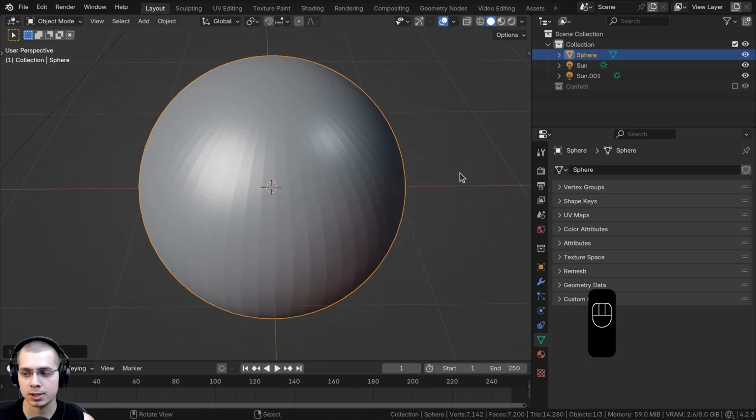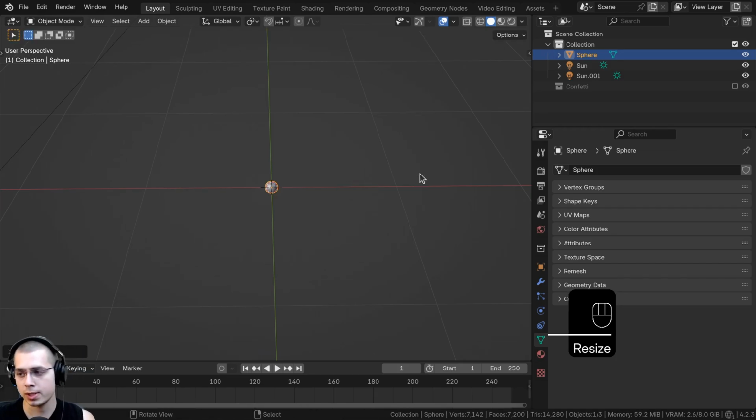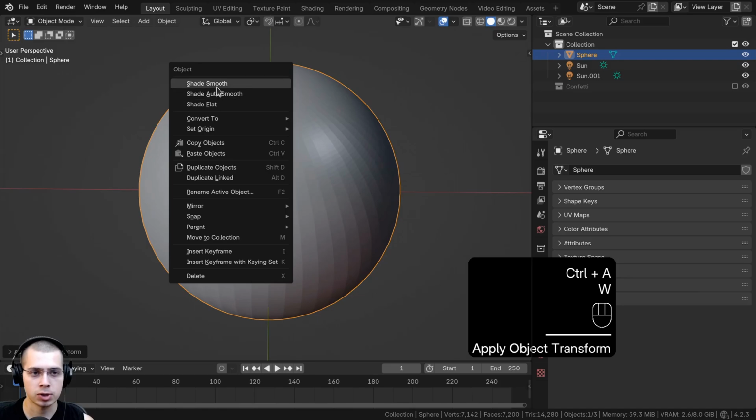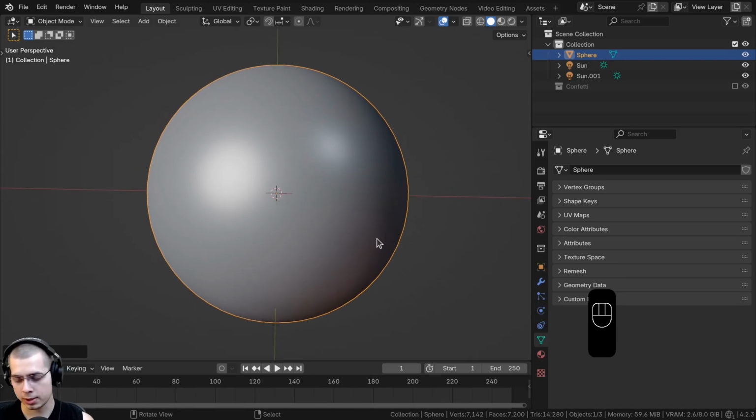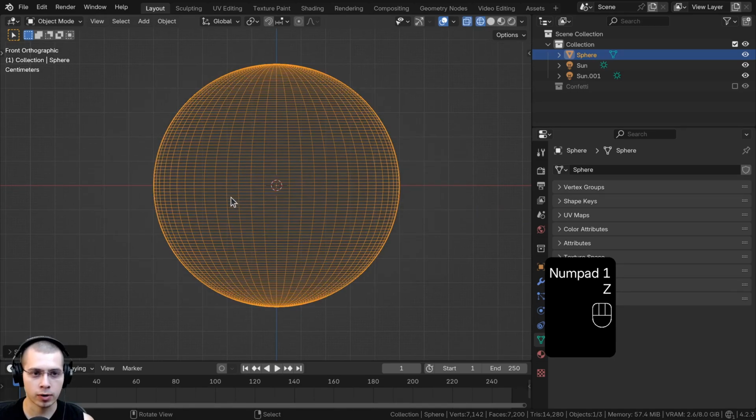So now I'll scale this much smaller, so I'll scale it, and I'll type 0.05, 0.05 and enter, and then press Ctrl A and apply the scale. We can also shade the object smooth. So now let's go to front view by hitting 1 on the numpad, and I'll go into wireframe,